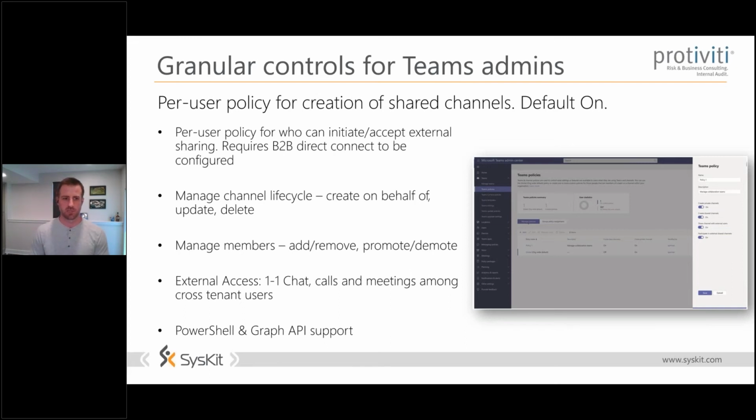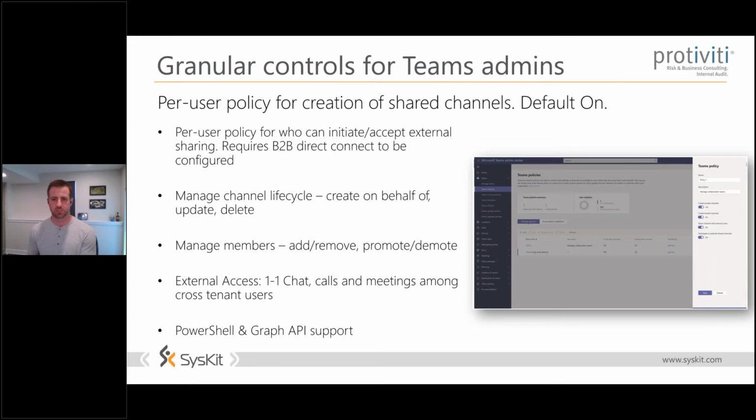So what the Teams admin does to get this started, Teams admin can set that preview settings, and they can set up that per user policy for allowing creation both internal and external for shared channels. In the Teams admin center, you can actually go out and control the channels, right? So I can actually create channels, modify channels. I can do all of that. I can manage members. Teams administrators can basically go in and do